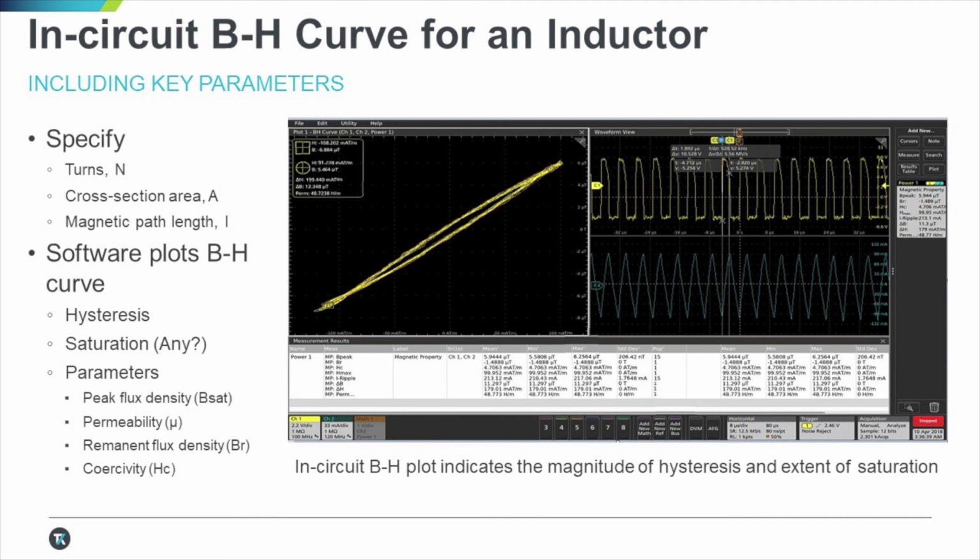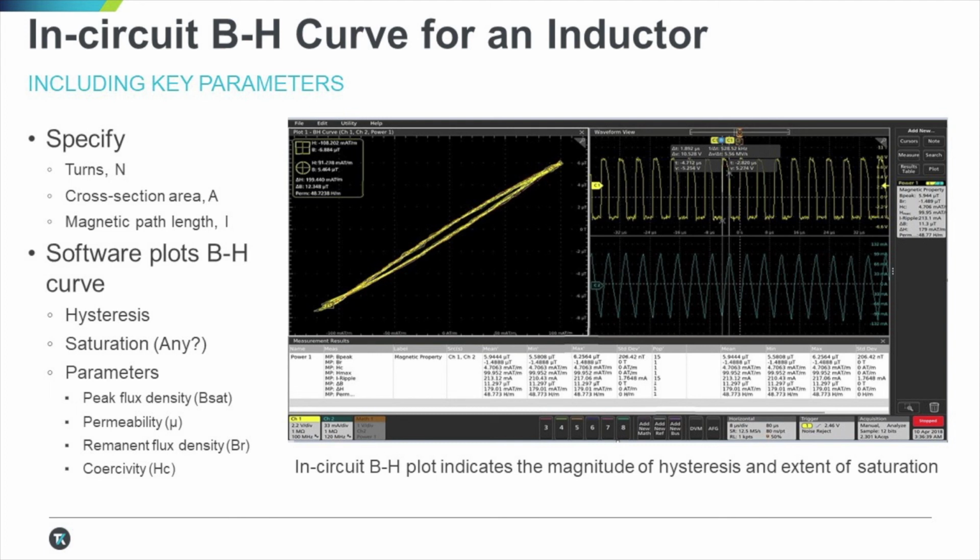So the software will plot the BH curve. We will look at the hysteresis. We'll also view whether or not we have reached saturation. Other key parameters which we do want to look at are the peak flux density, or BSAT, permeability, mu, remnant flux density, BR, which is the magnetic flux density that remains in the material after the magnetizing force, H, drops to 0. And then lastly, coercivity, which is HC, and the value of H required to drive the flux density,